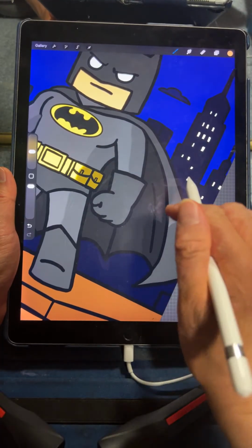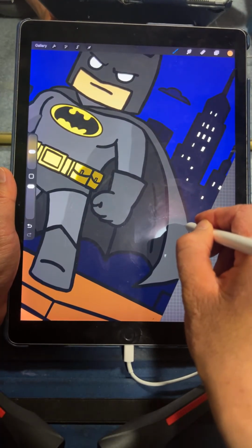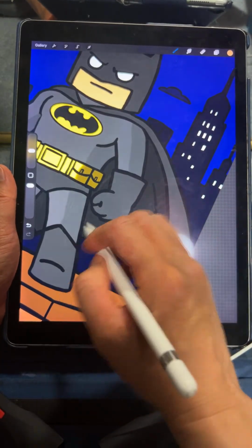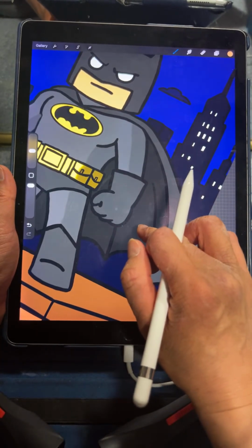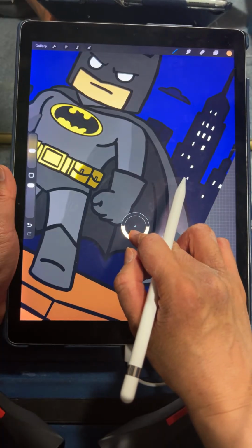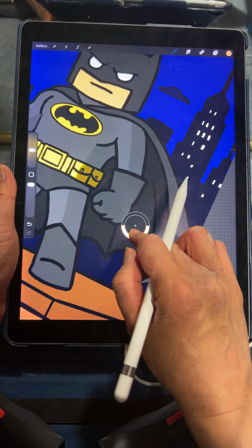And since his cape and hands and shoes have similar colors, I can give perhaps the shadow the same darkness as